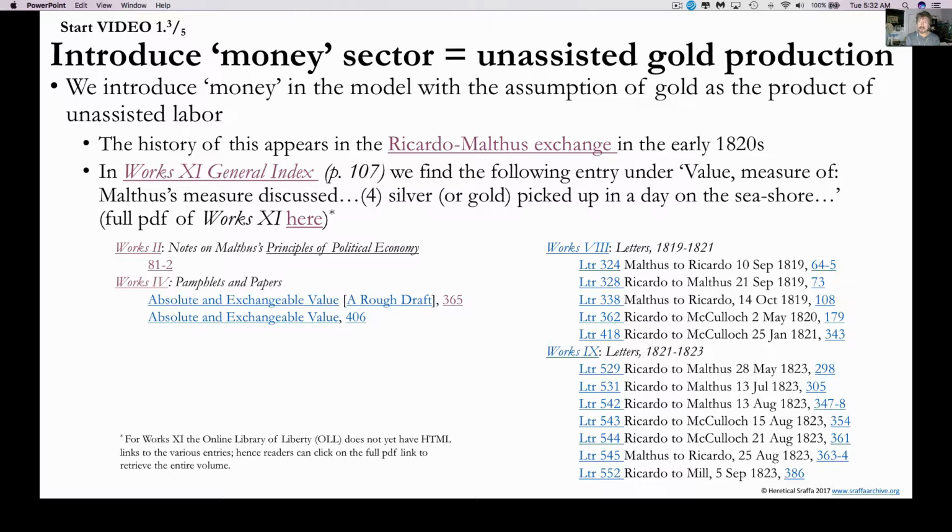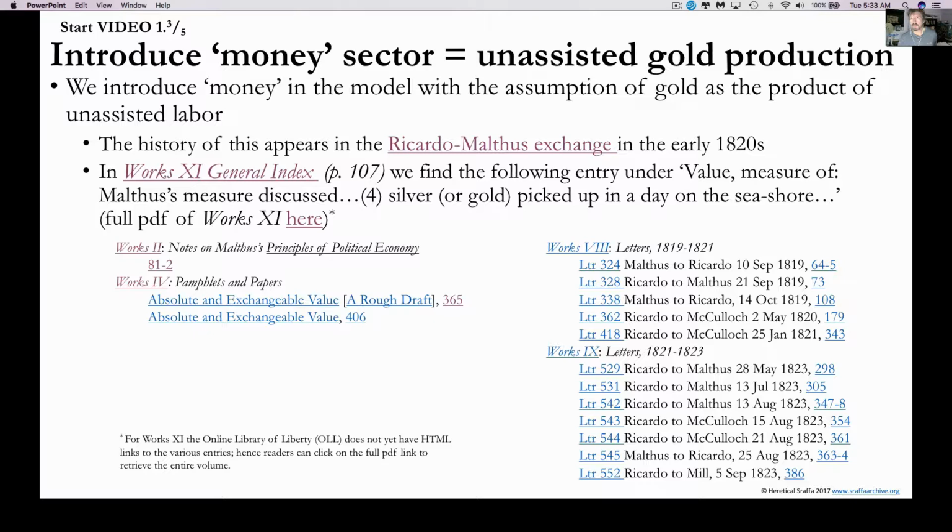Here we look at, in the wild strawberries model, a model of pure unassisted labor in the production of wild strawberries. Laborers go out and pick the wild strawberries. The point here is to eliminate the means of production requirement, and that provides some clarity to the process of the net relations and looking at the relationship of the living labor added to the produced net output. And we saw that with respect to the wild strawberries model we introduced